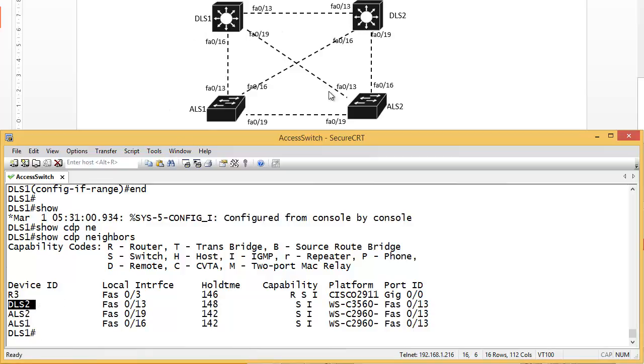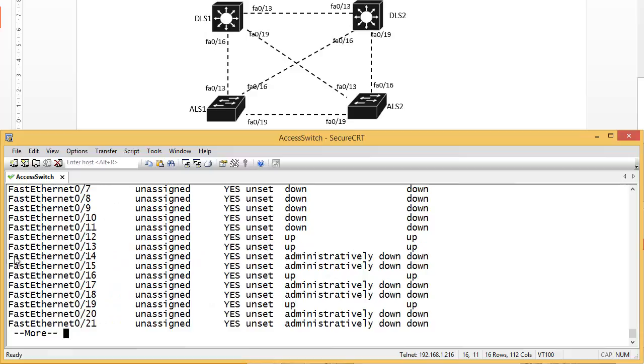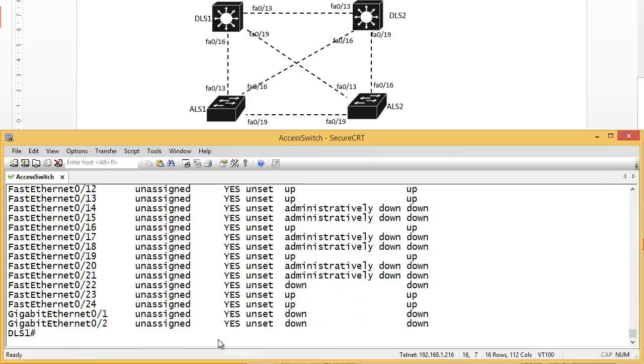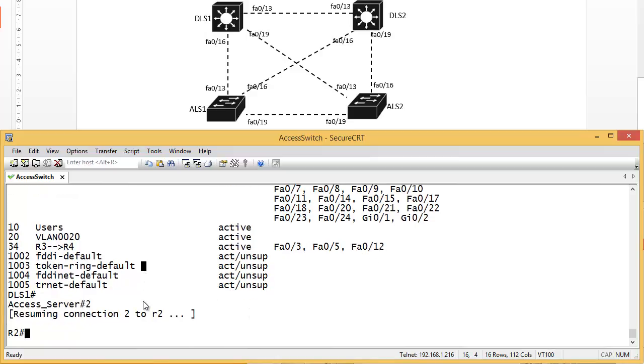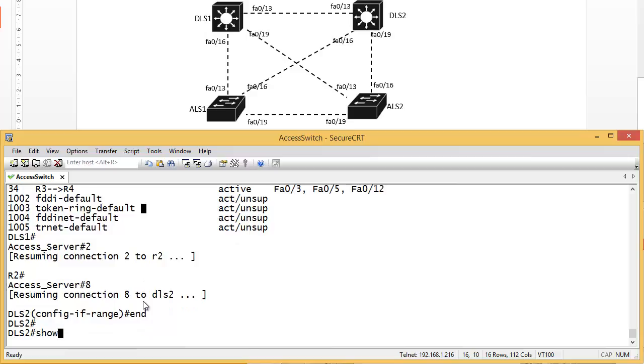There are more connections, but I just shut them down. If I say show IP interface brief, you can see that I did shut down some other connections. It's triple connected to all the other switches. Okay, cool. Now if I say show VLAN brief, right? Here, for example, I have VLAN 10, VLAN 20, and VLAN 34. If I go to switch DLS2, which is 8, and show VLAN brief,